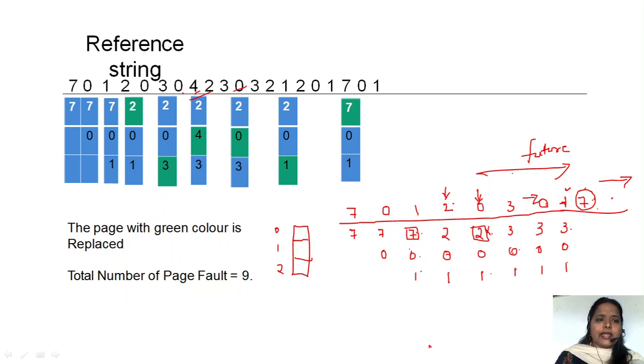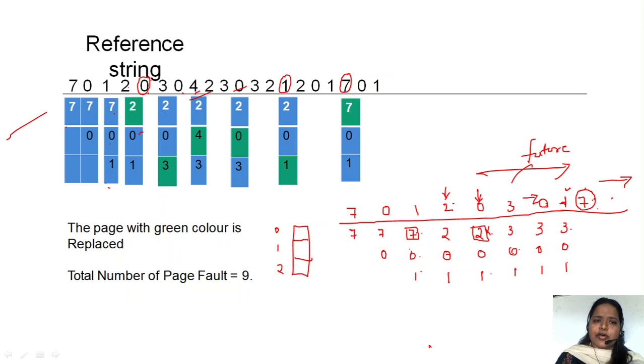Check here, I'll be telling over here. So 7 0 1. Now here the frames are full. Now we have to insert the second page. See here, out of 7 0 1, 0 we are going to use soon, and 1, to some extent we are using, and 7 we are using at the third position.